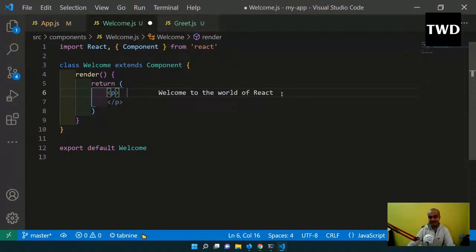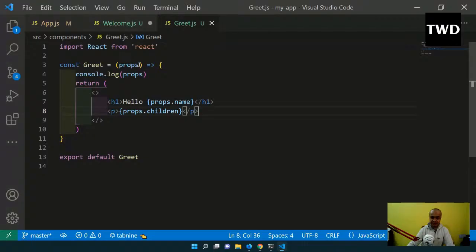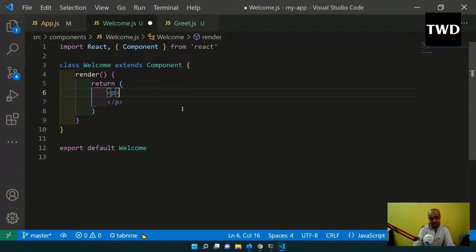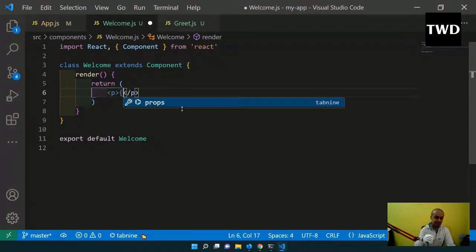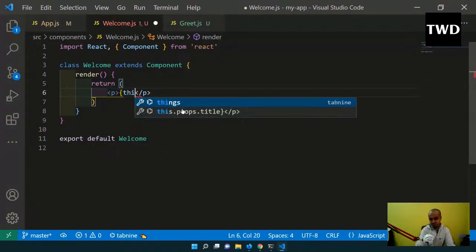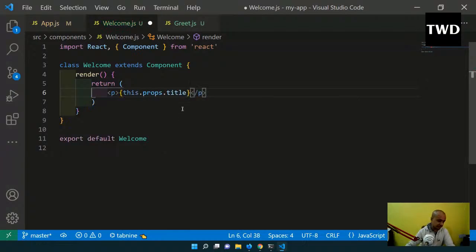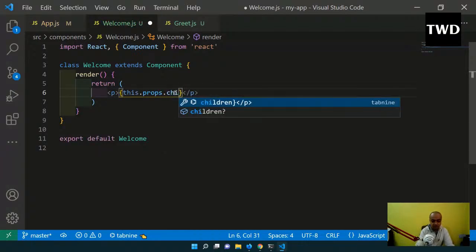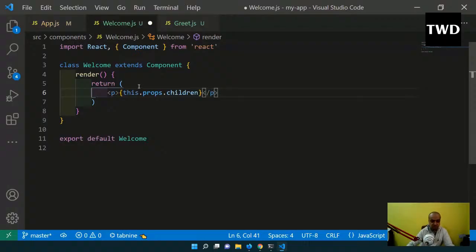okay, one more thing. See, in a class based component you don't have anything to pass the parameter like this props. So here the this keyword comes into play. That's why this is very important in class based component. this.props.title we will do. this.props.title, no, not props.title. this.props.children we are going to do. And